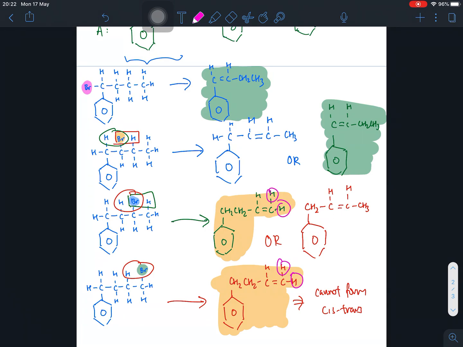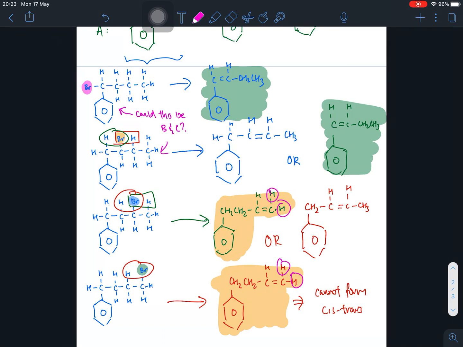So meaning that could this be B and C that the question wants? Okay, so at this point in time, it is still possible, but again, like I mentioned, it needs to follow through all the evidence. So at this point in time, out of the 4 that I've drawn for the monobromo compounds, only the top 2 could be B and C, and is in the run of finding out the answer. So let's continue. We also know that if it were to be B, it must be able to form